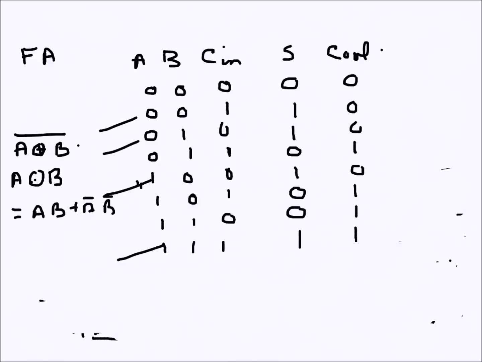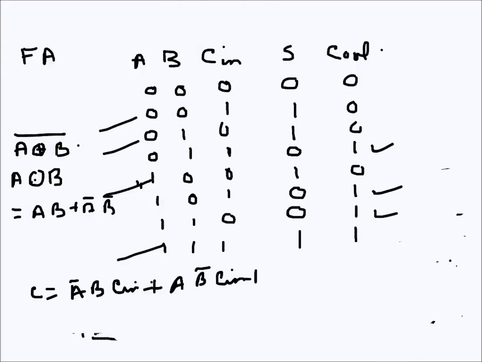For the first one, this is A bar B C in, plus this one is A B bar C in, plus this one, which is A B C in bar, plus the final one, which is A B C in. So again, if I take these two out,